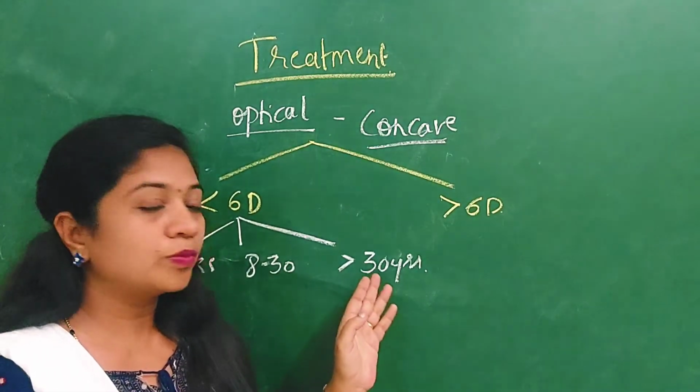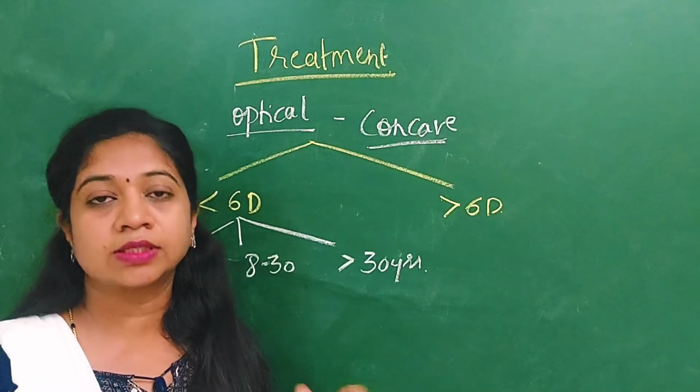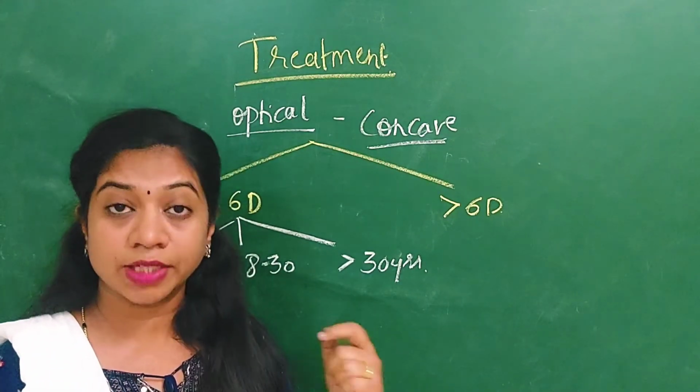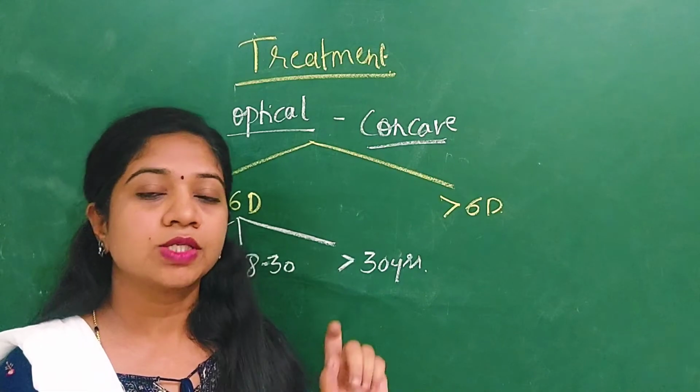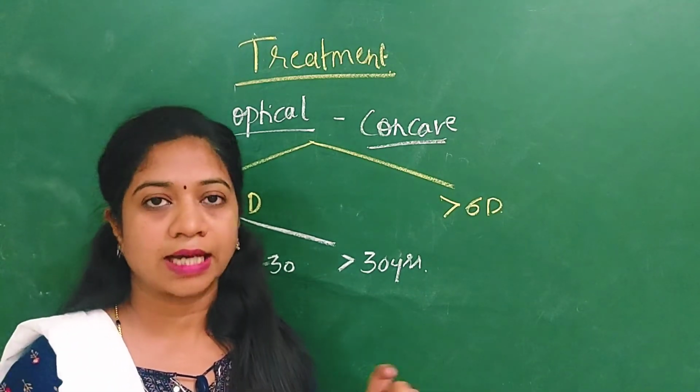And when it comes to the more than 30 years age group, these patients will not accept the complete correction if the myopia is more than -3 diopters, if they have not used glasses since childhood. So try to give a little lesser number initially and then progressively increase the glass number.